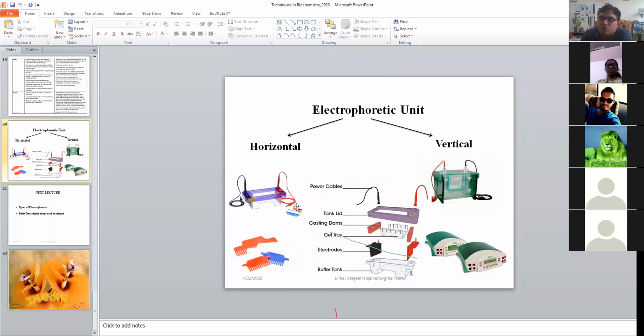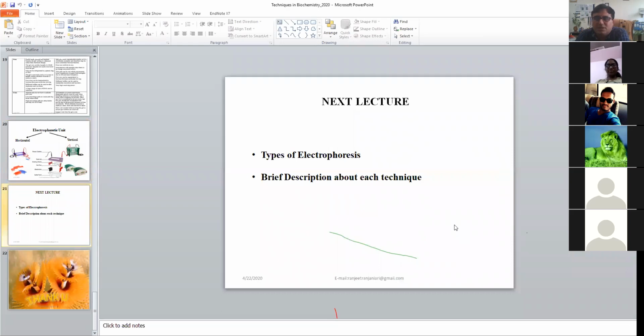And then based on the requirement, you should have a horizontal or a vertical unit. If you are using protein, you cannot run it on the horizontal, you have to have a vertical unit so that you can easily separate it out. So I think that was in brief about the basic principle of electrophoresis and the different variables which influence the electrophoretic separation of the particles.